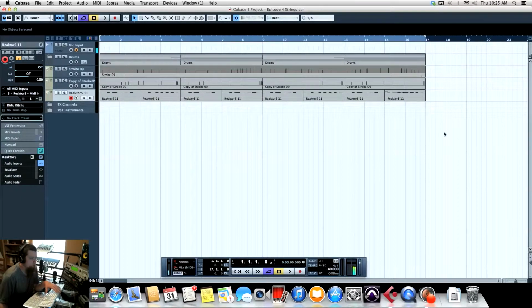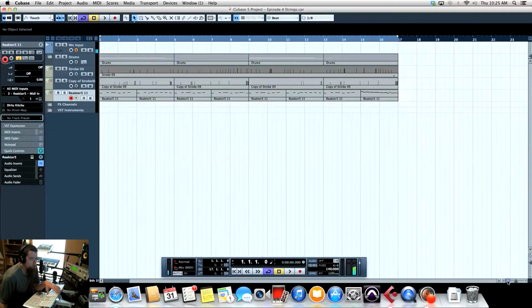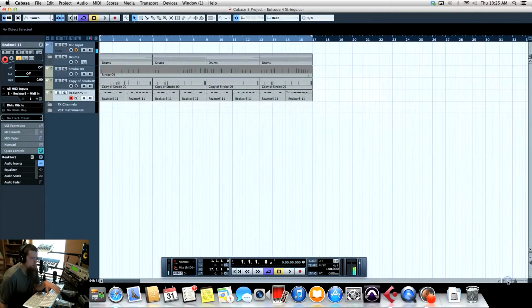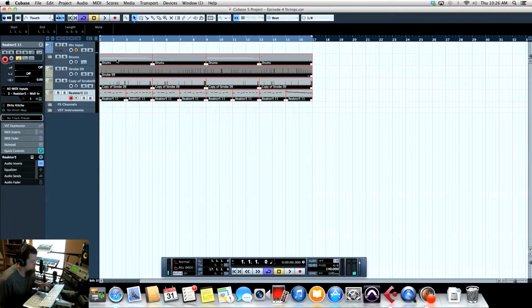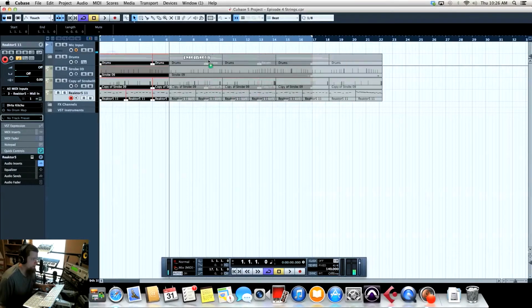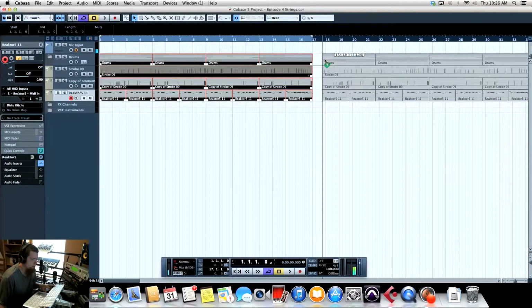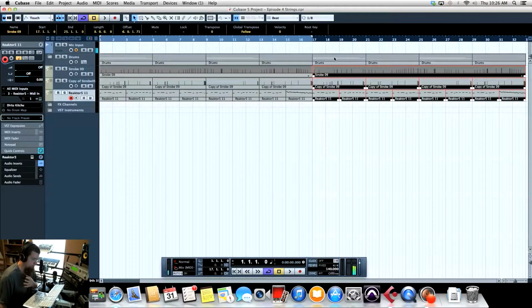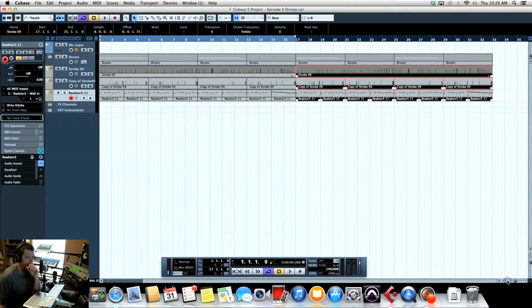So, all right, first thing we wanna do is close our view down a little, shrink our view, and we're going to double all of this. I'm going to copy it to the section right after it. And then we're going to expand our loop point in Cubase